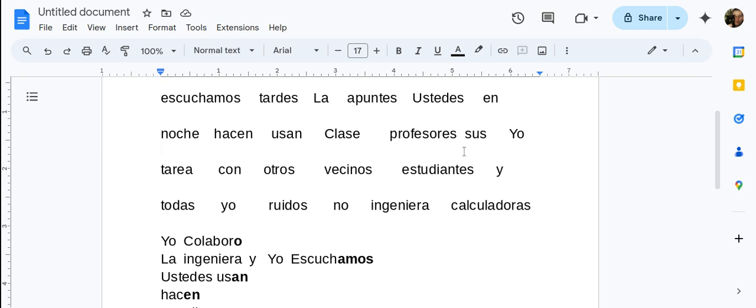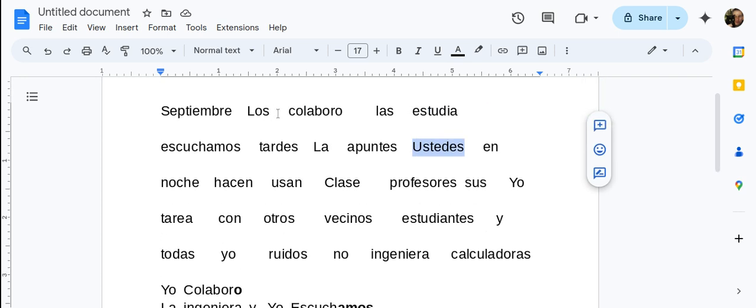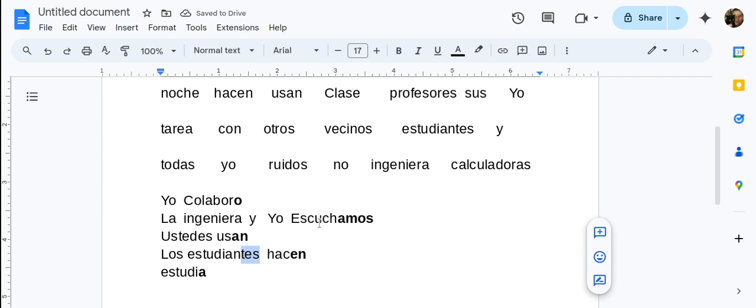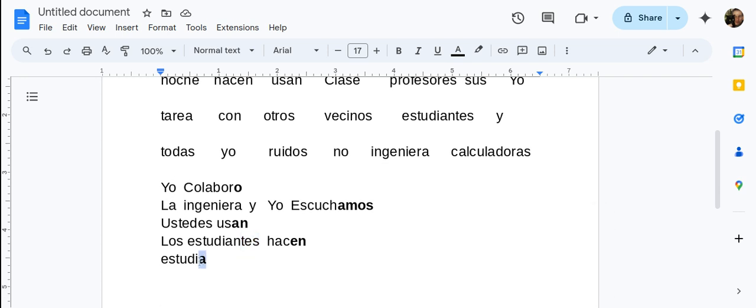I'm gonna use the same one, you all, ustedes, because I can use oh, there it is. I see the other words. I'm sorry. I see los, which is the, and I can use students. I can only use los for more than one. So estudiantes, students is more than one, and the last one is estudia,